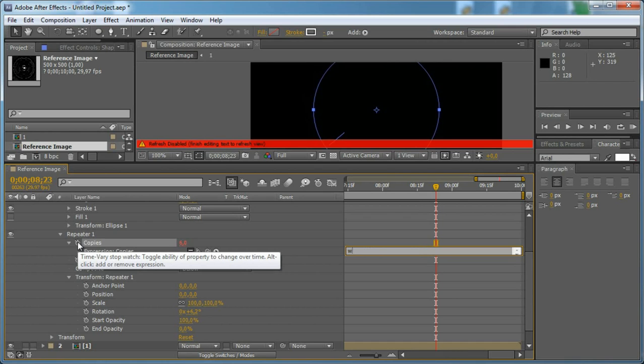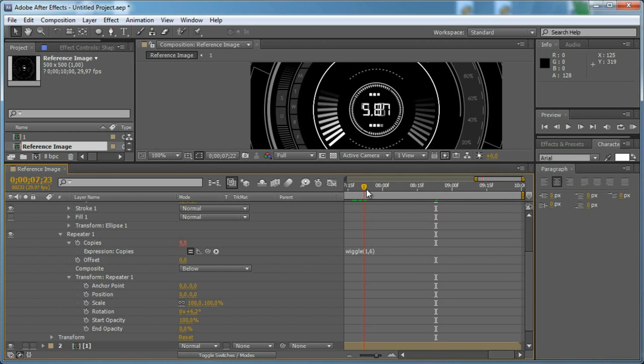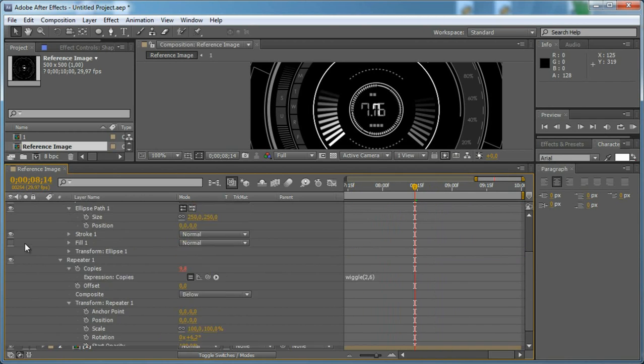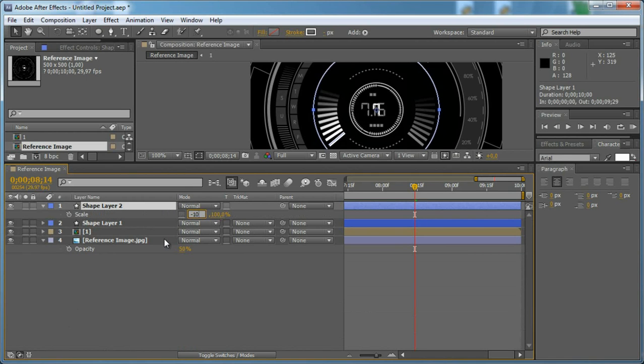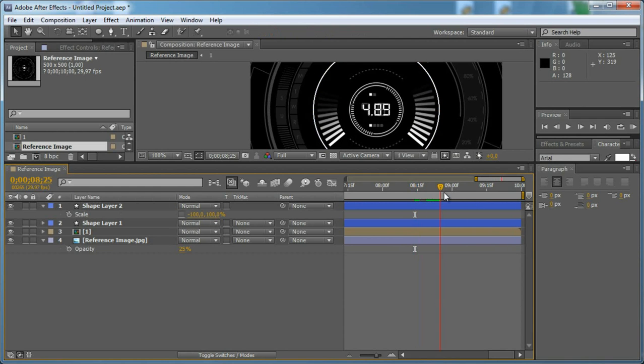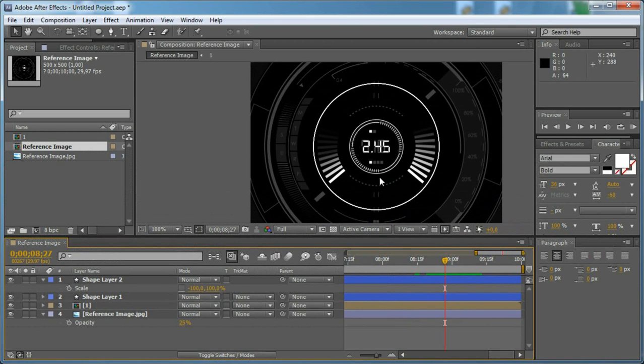Alt click and type wiggle 1,6 and probably set this to 2. This should work. Just duplicate it and flip the layer and reduce the opacity a bit. As you can see, this is our design so far,